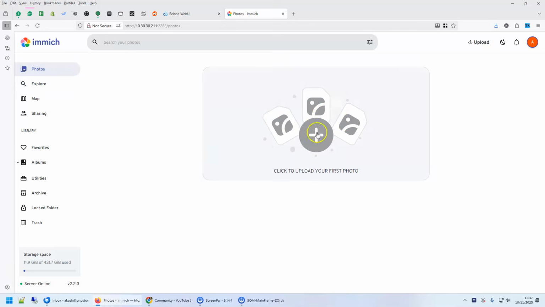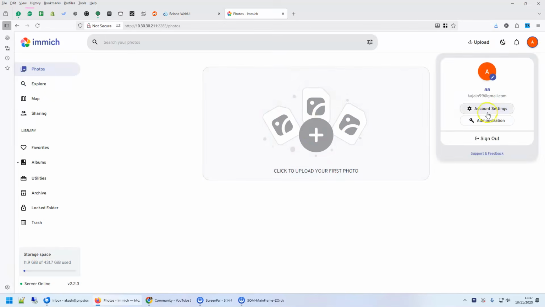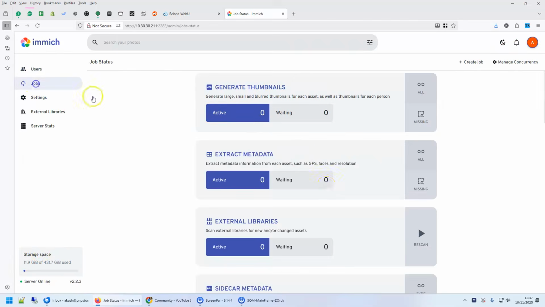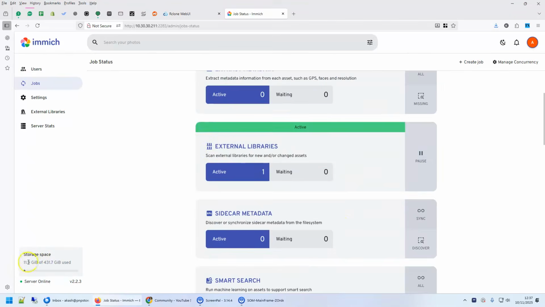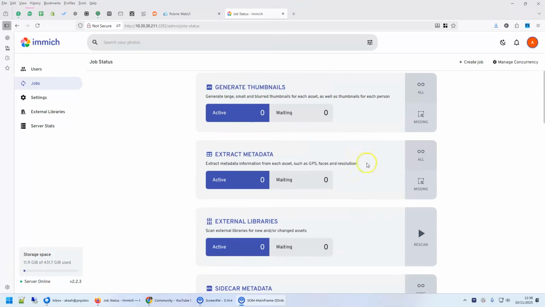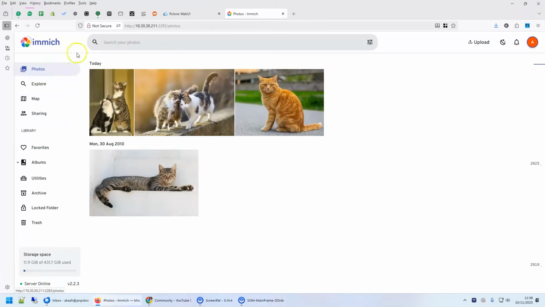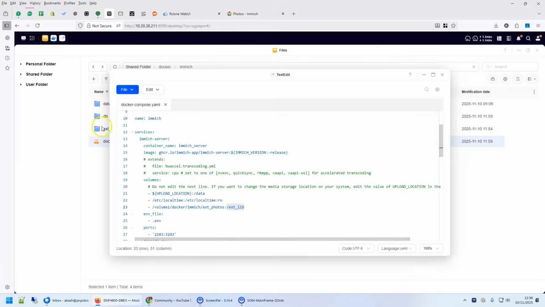You don't see any photos. The reason is because this has not been scanned yet. So to scan, we can go to again administration, we can go to jobs, and we can rescan the external libraries. After this, we can go back to Immich. Yeah, in the photos you can see these are the 4 photos that I had there, and they have